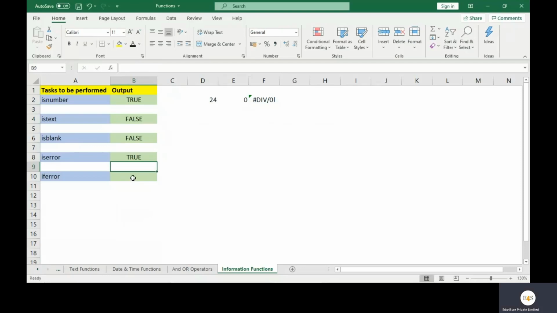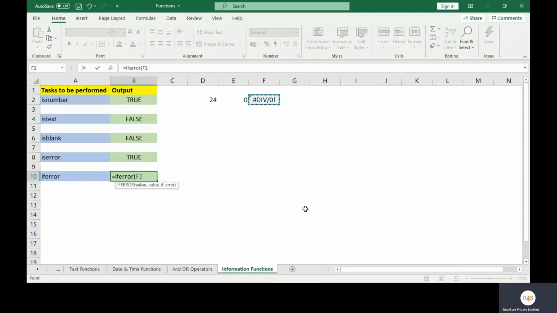Okay, so what does IFERROR do? If ISERROR is telling us whether this is an error or not, then what does this function do? We'll write IFERROR in this cell, then write error. So it says error.